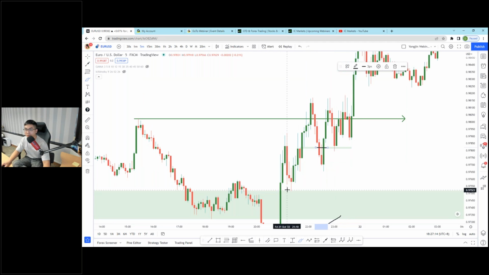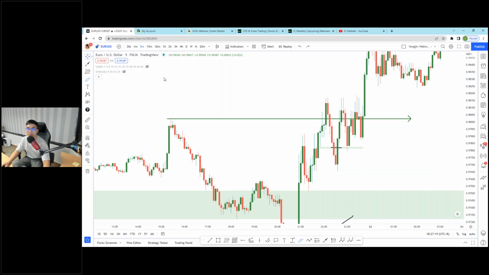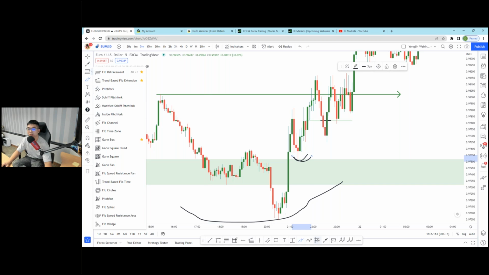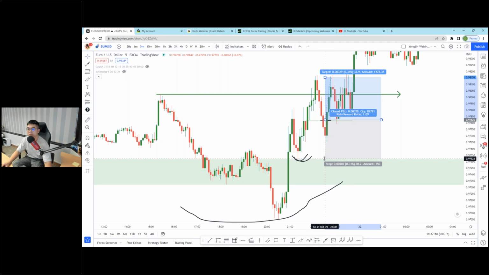My stop loss will be here instead of at the very bottom, just because why? As I mentioned earlier, there was one EU trade which I took yesterday because I saw this area, the market's imbalance got cleared. So I expect this area to be a respected low. So with my entry in place, stop loss right here. Where's my long position? Long position right here, stop loss at the bottom.